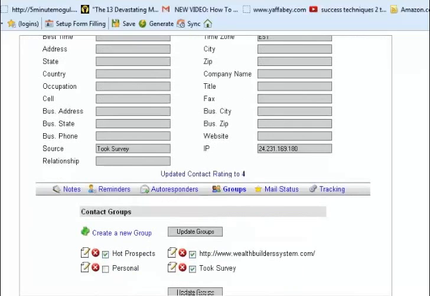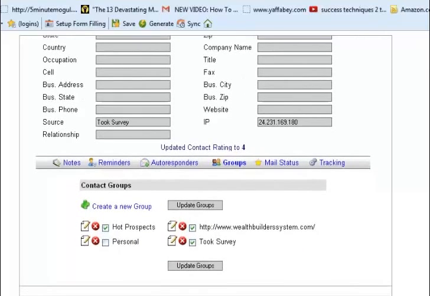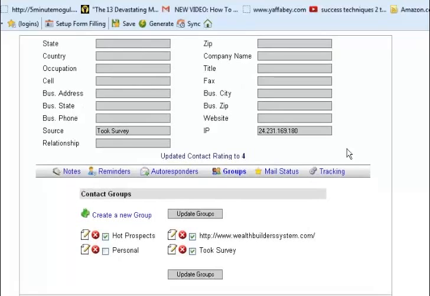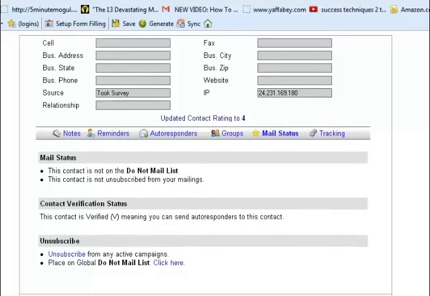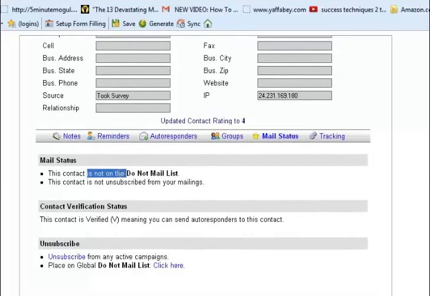Okay, let's go down a little further. Let's talk about the last few options here from the detailed view of this particular contact. We have another option here for mail status. This mail status is very important. It tells you this contact is not on the do not